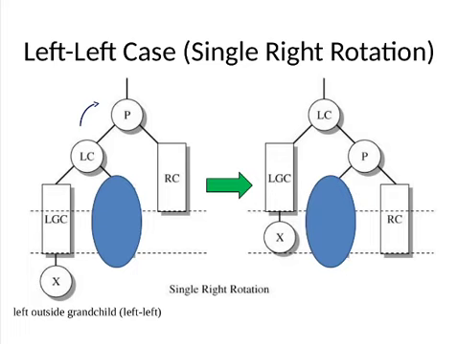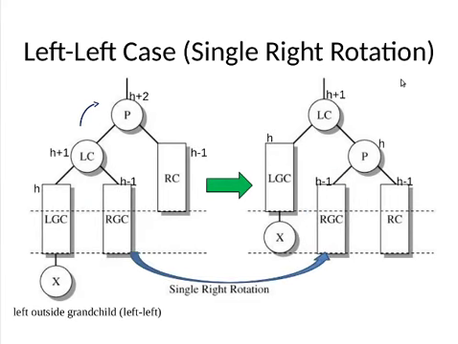Now we need to adjust RGC, the right subtree of LC marked in blue color. As per the binary search tree property, value of RGC nodes are greater than LC and less than P. So they can be attached on the left of P without violating the binary search tree property. The resultant tree is mentioned on the right in slide.